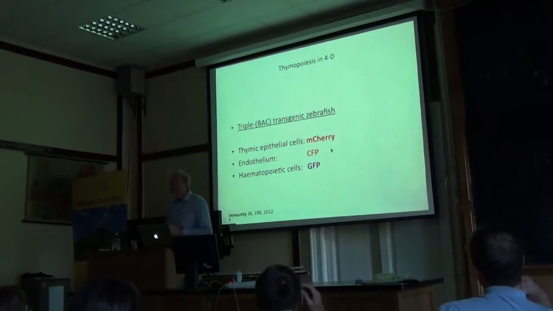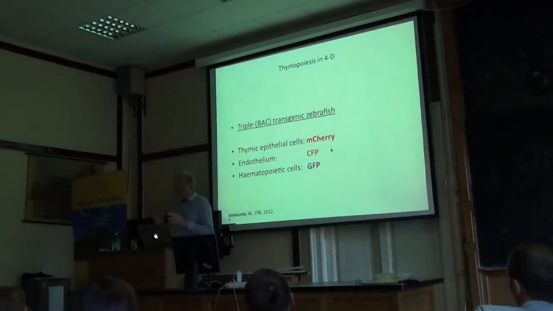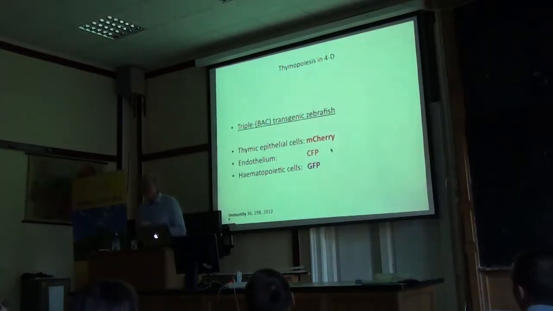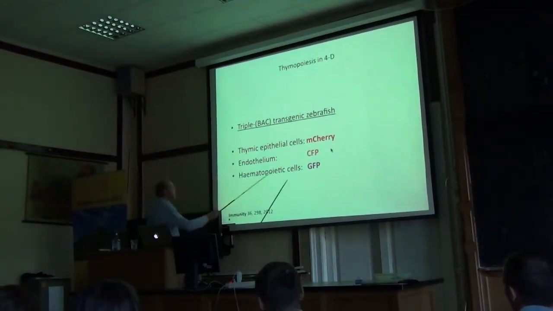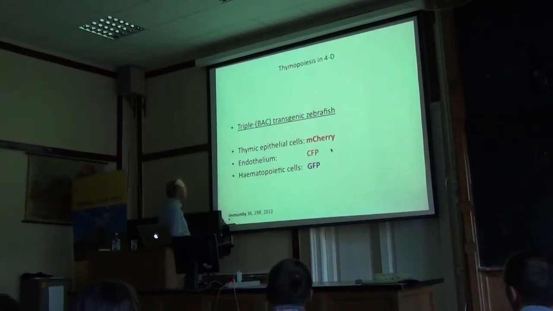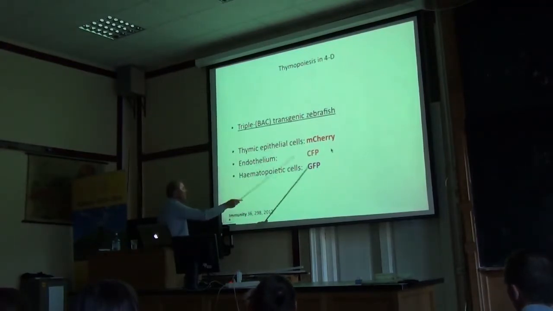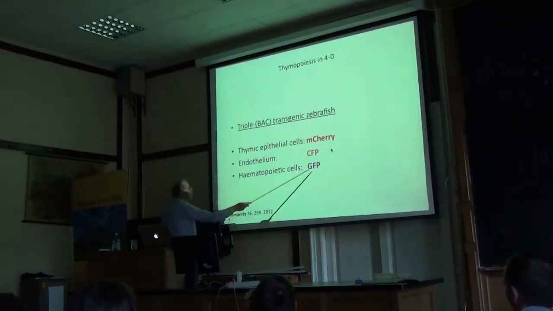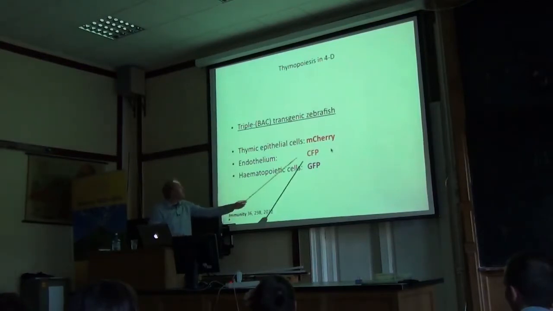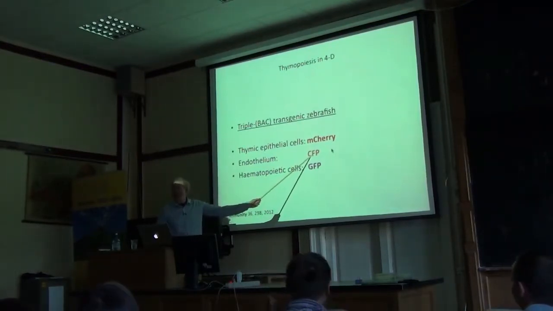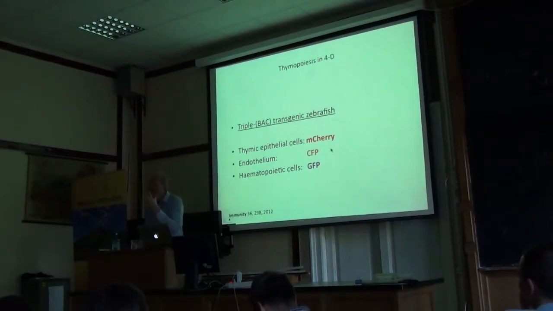So now I'll show you a video with the fish that is triple transgenic. It has 3 colors. Red for the epithelium, you've seen this. Green, this is meant to be green. I don't know why this is now pink. Well, never mind. Green for the lymphocytes, and blue, this is meant to be blue, for the endothelial cells in